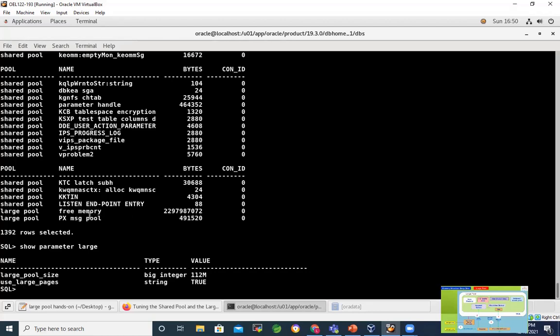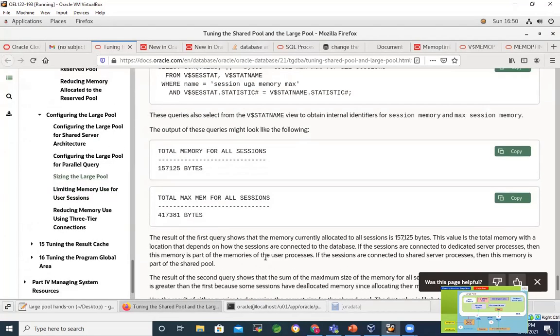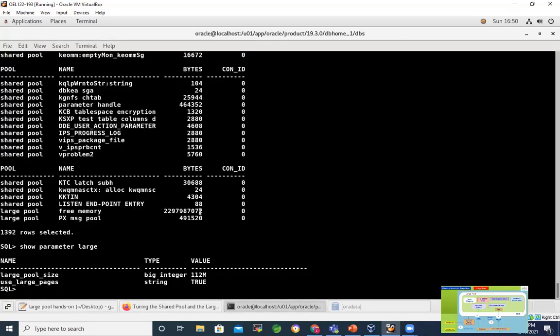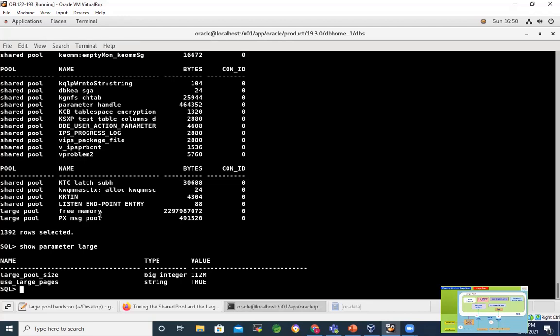But let's understand these things on the networking side as well, on shared server configuration. I hope you got the idea about large pool memory allocation. Using the queries, you can find out the current usage and get an understanding of how to set the value of the large pool. That is the expectation here, not to deep dive into shared server configurations or shared server connections and details like names. We'll do those things later. Fine, so now we can go to our next step.